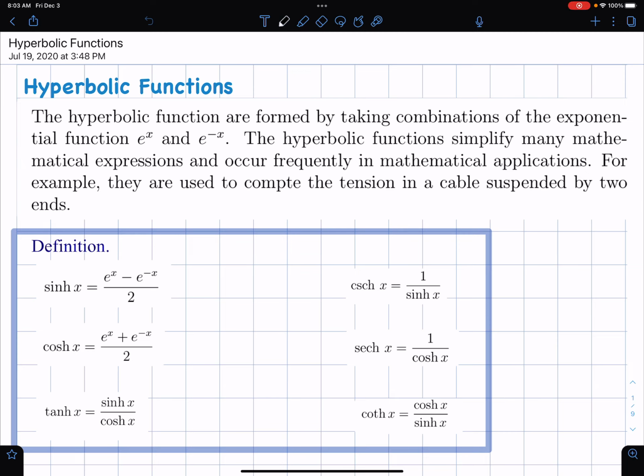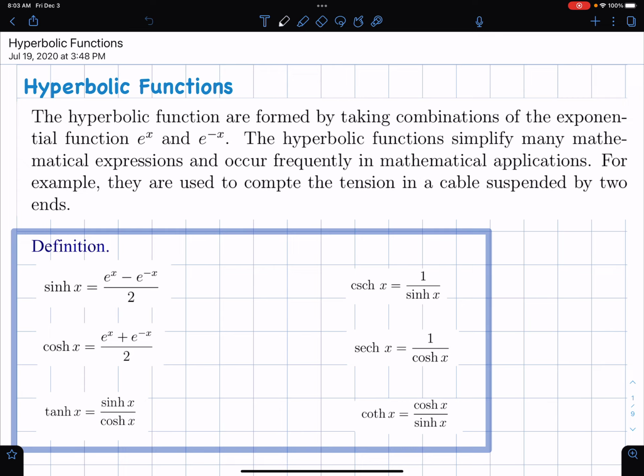Hello, in this video we talk about hyperbolic functions. It's really a brief introduction to hyperbolic functions. The hyperbolic functions are formed by taking combinations of the exponential function e to the x and e to the